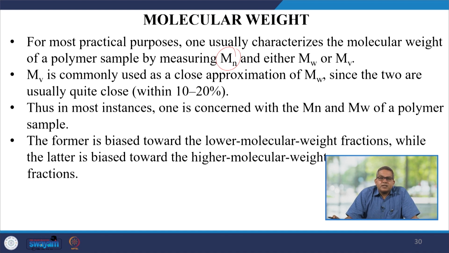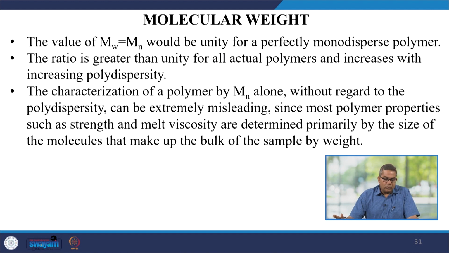In most instances, one is concerned with the number average molecular weight and weight average molecular weight of a polymer sample. The number average molecular weight is biased towards the lower molecular weight fraction, while the latter is biased towards the high molecular weight fraction. So, the ratio of weight average to number average molecular weight would be unity for a perfectly monodispersed polymer, and the ratio is greater than unity for all actual polymers